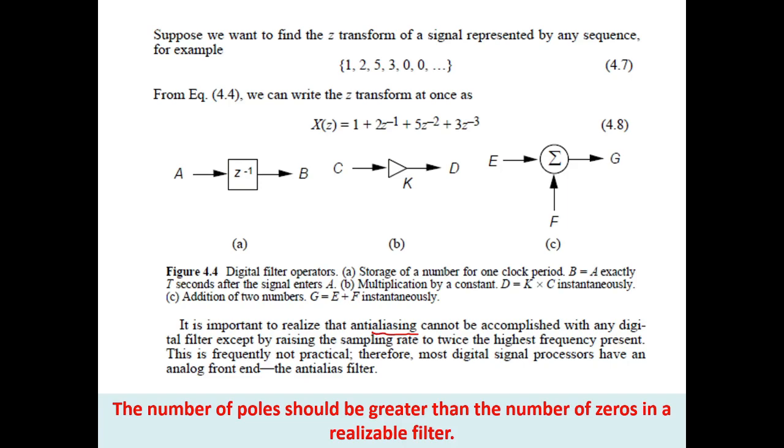Aliasing means the low frequency component mixes up with the high frequency component when the signal's components are repeating in the frequency domain, due to the sampling of the signal in the time domain. Remember,